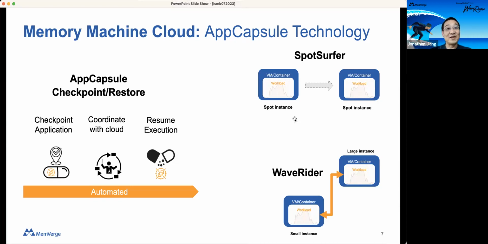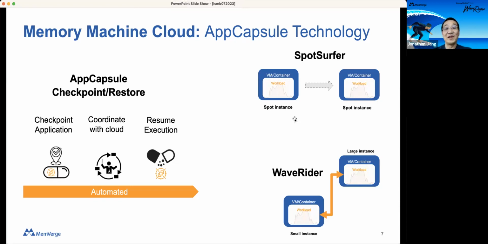That means your workload can now take advantage of the hugely discounted Spot instance prices without having to do any